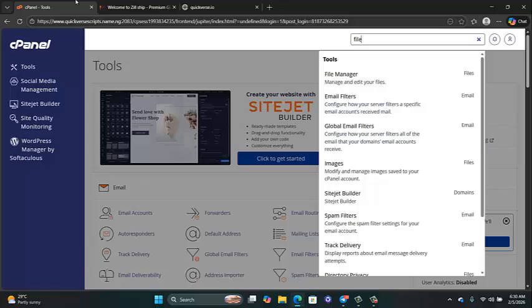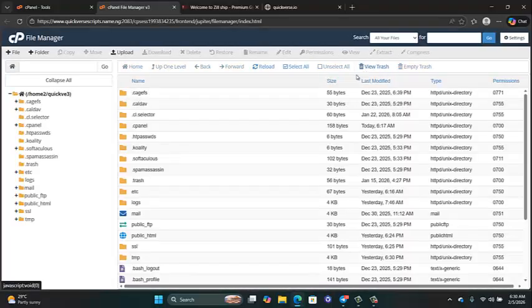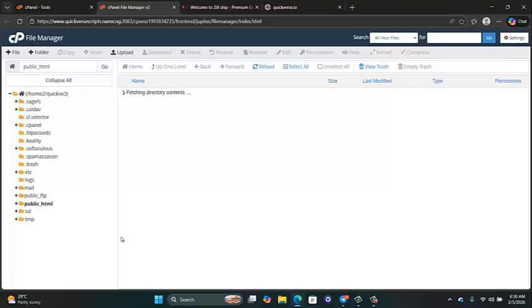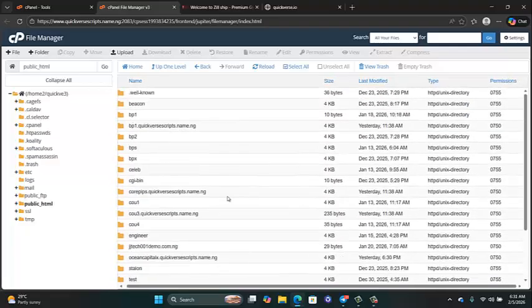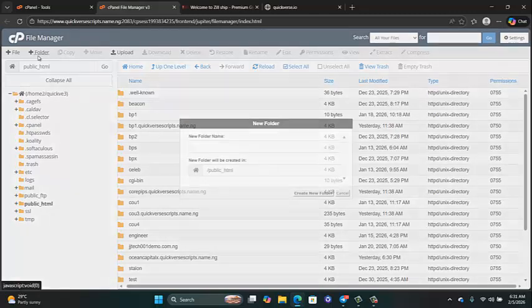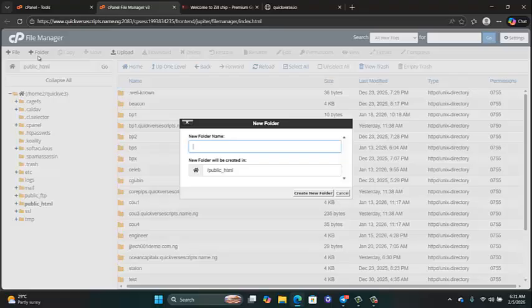So this is our cPanel. I'm going straight to the file manager. We are going to create a subdomain or a folder. So that's going to be acting as my own public HTML. But if you are putting it into your public HTML for the first time, and that cPanel that you bought is for only that project, all you have to do is to click into your public HTML and you're good. But this one, as you can see, I have a lot of scripts here. So I'm going to be creating a folder, and I'm going to call this folder